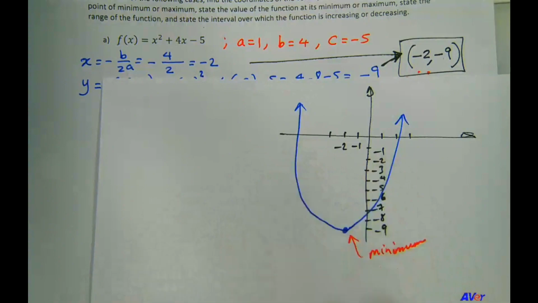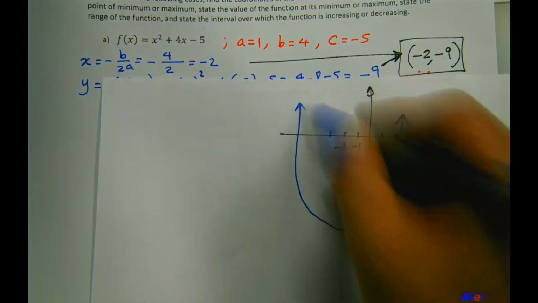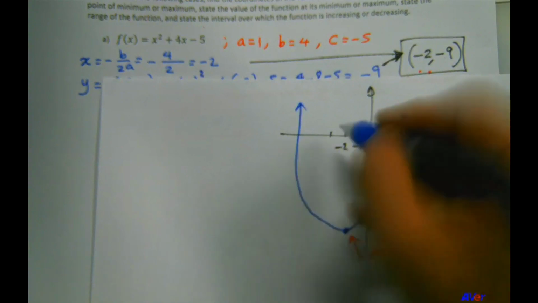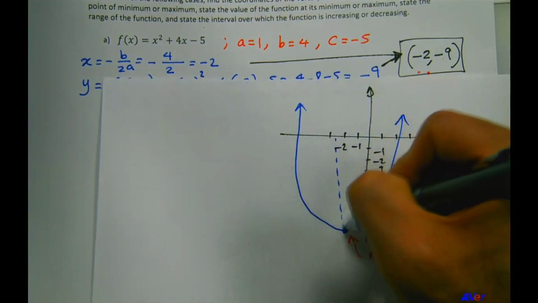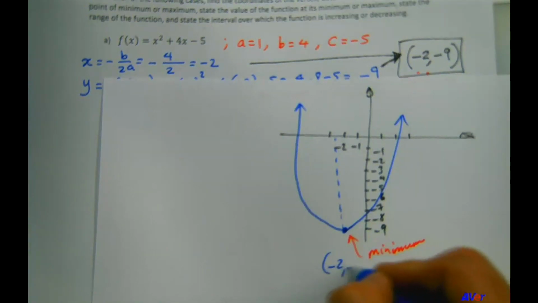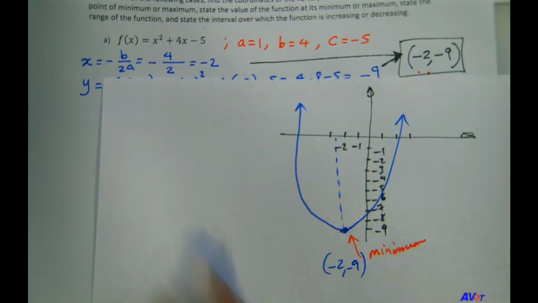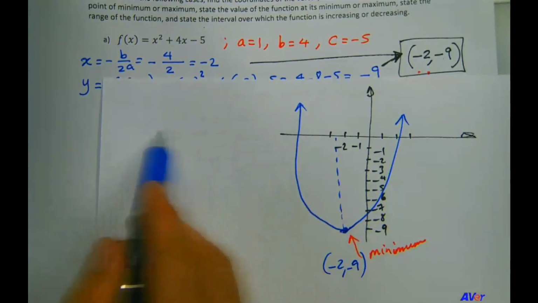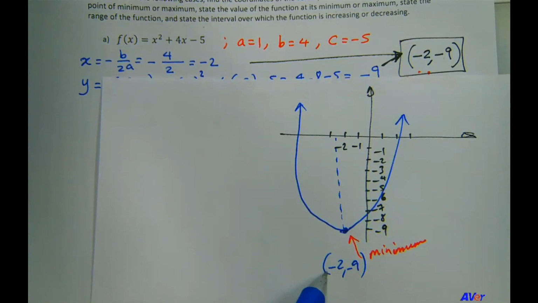And they're asking us to give the interval over which this function is increasing or decreasing. Well, from here to here, and that's -2 comma -9, right? From negative infinity to -2, the function is decreasing,